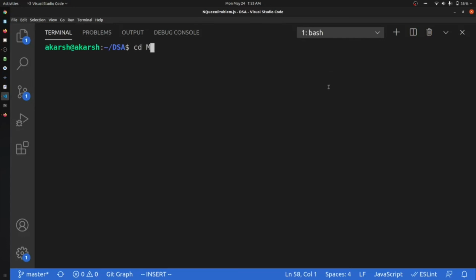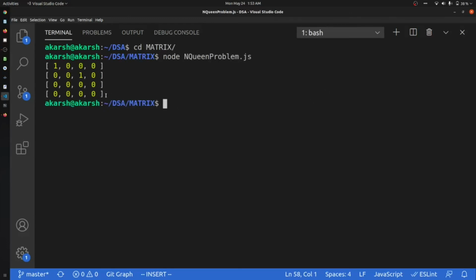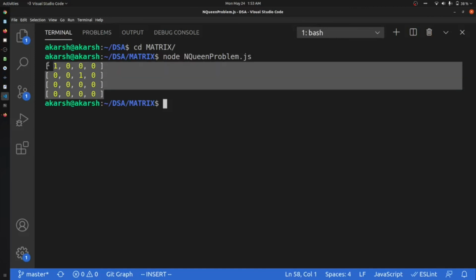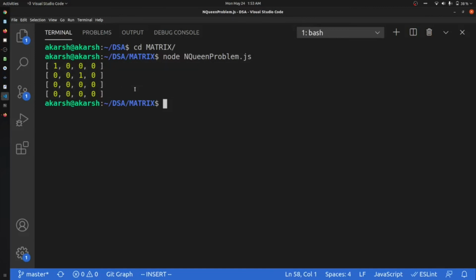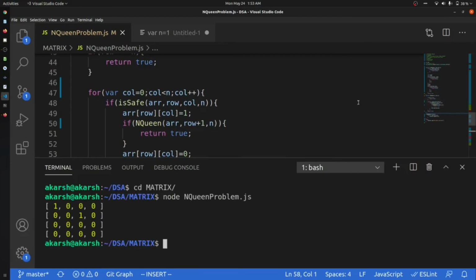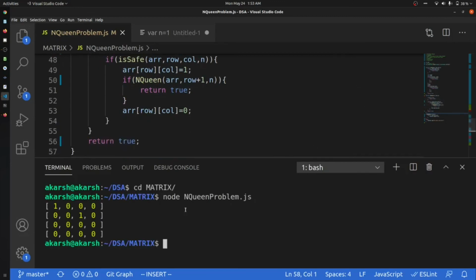So we have the matrix, and now we will run it with n equal to 2000. You can see that there is some issue.